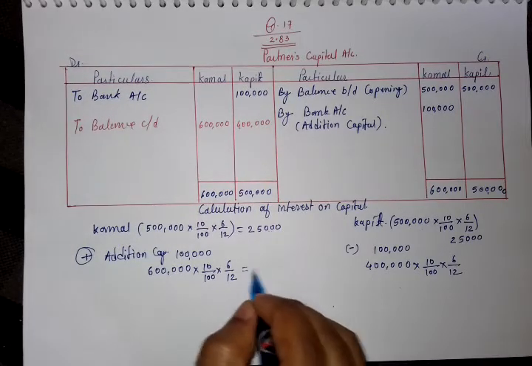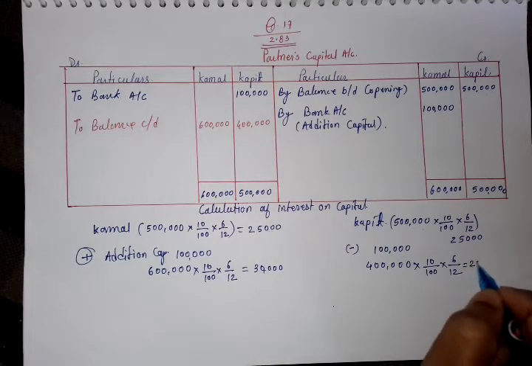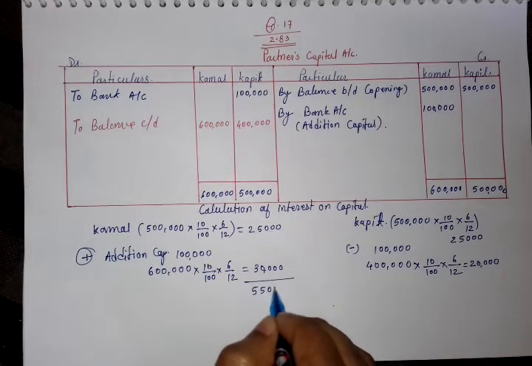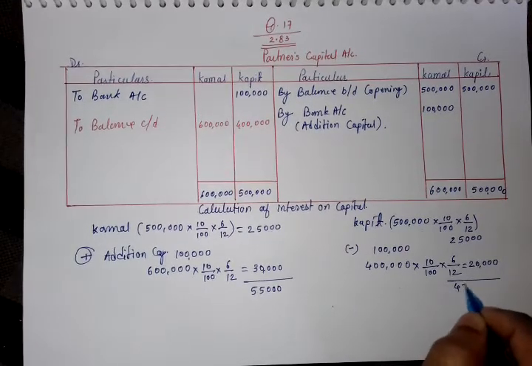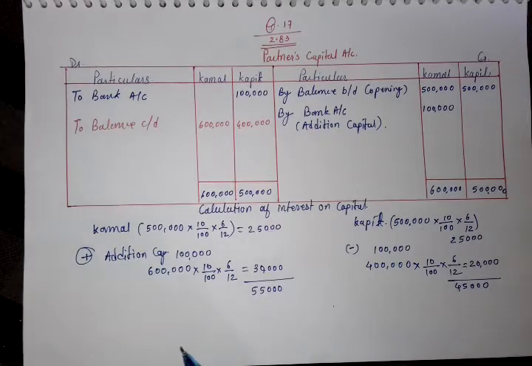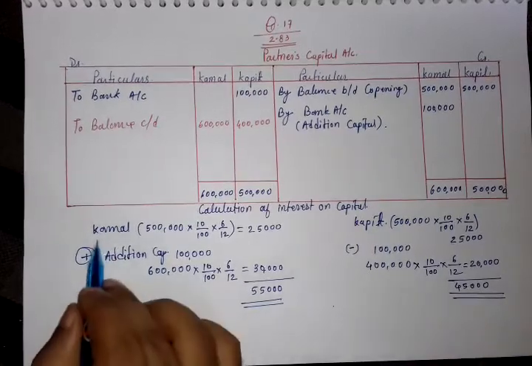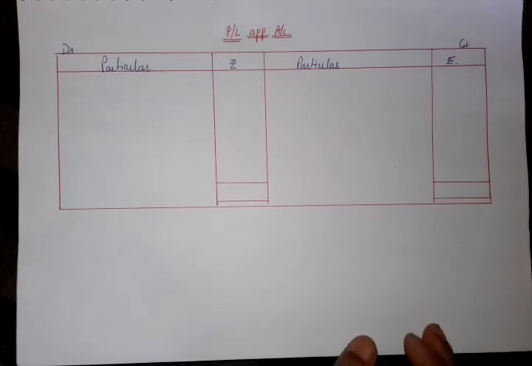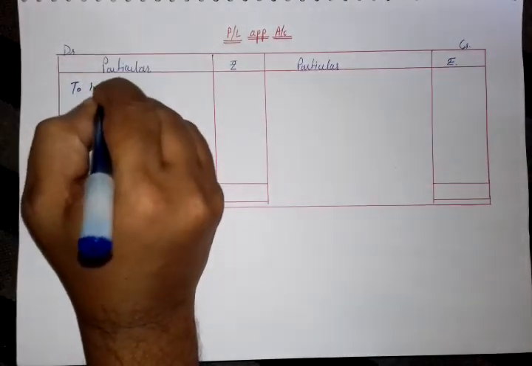Okay, we are having here 30,000 and here 20,000. Okay, what it means? It means 55,000 total and here 45,000. Okay, that is clear. This is the interest on capital for Kamal and Kapil. Now see, the question said to prepare profit and loss appropriation account also. That's why to interest on capital,